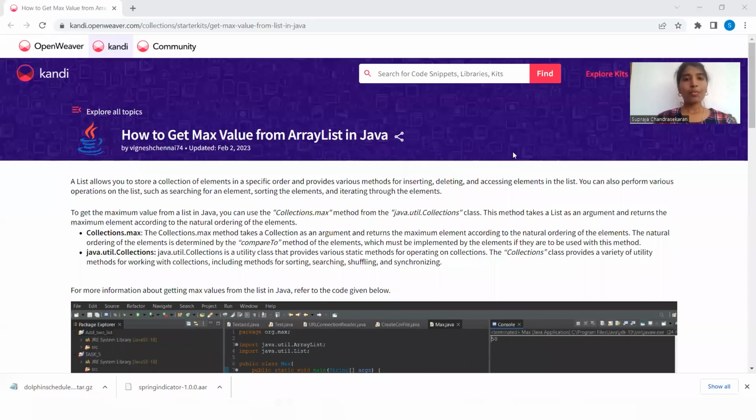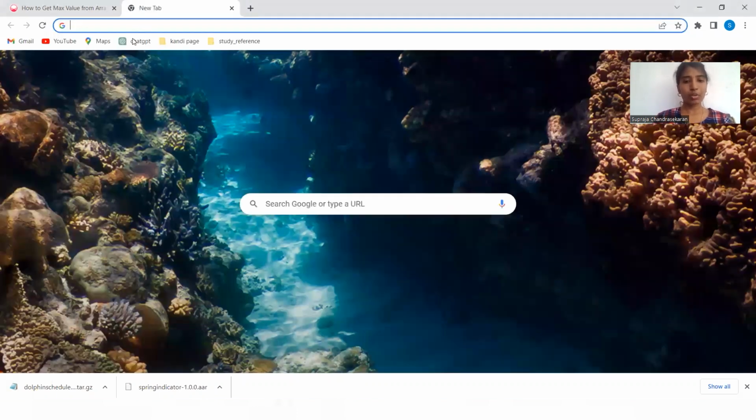In this video, we are going to see how to find the maximum value in a list using Java. All the necessary libraries and code snippet used here is provided in the description. For the code snippet search and library search, we are using